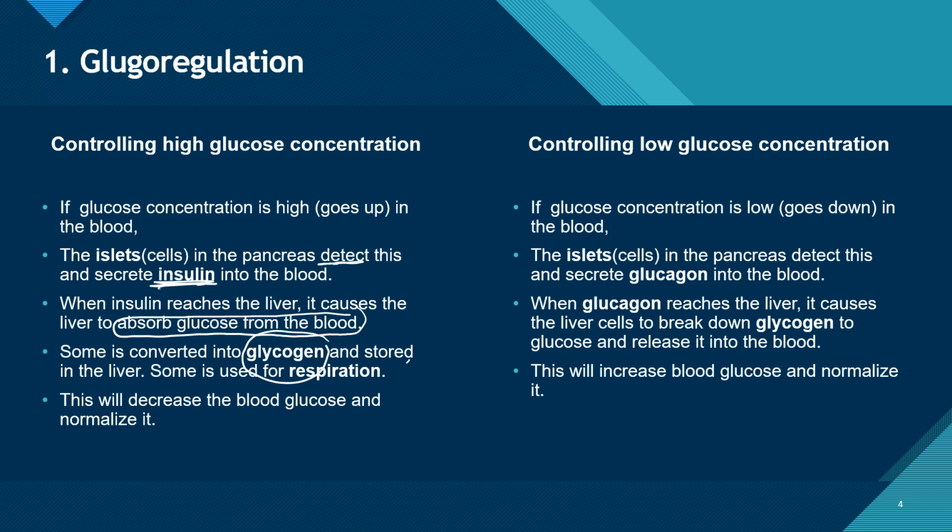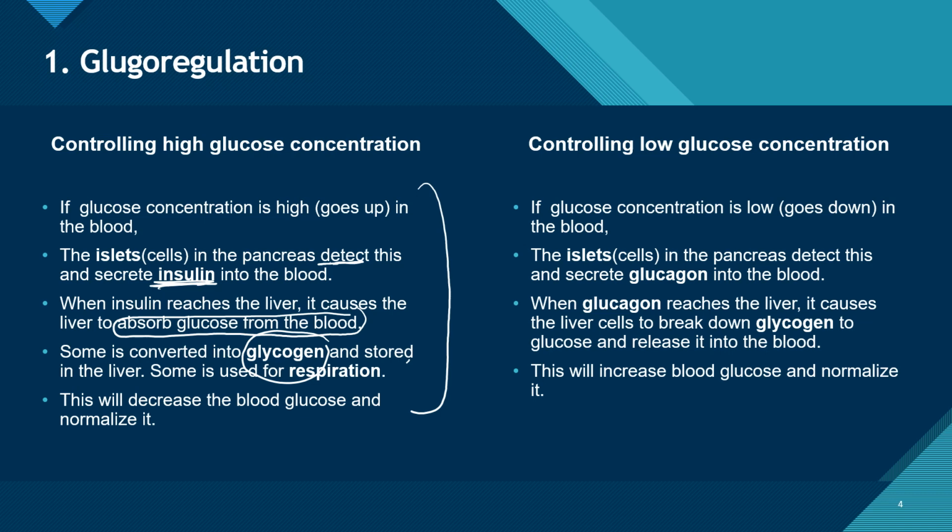So basically, as your glucose concentration goes up, the specialized cells, the islets, would detect that, and because the glucose concentration is high, they will release insulin. What insulin will do is that once it reaches the liver, it will cause the liver to absorb that glucose in the blood and convert it into glycogen. Glycogen is insoluble, that's why it will not flow with the blood, but glucose is soluble, that's why it flows in the blood. Some of the glucose will also be used for respiration